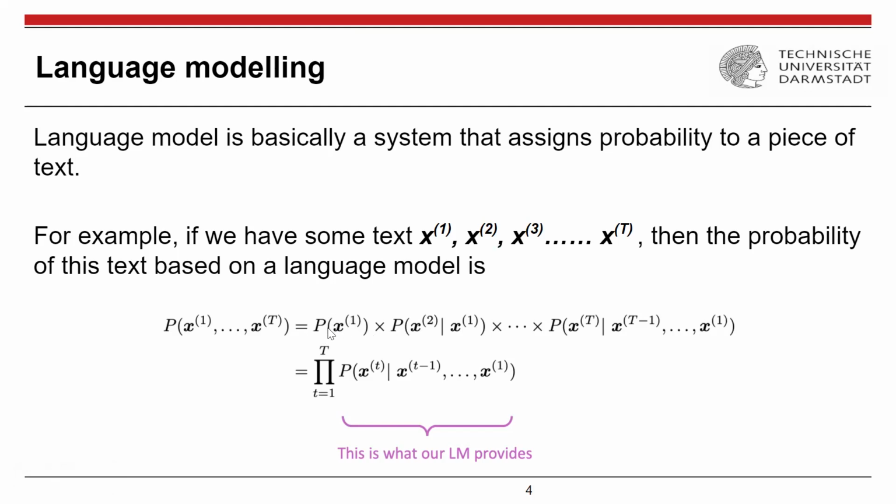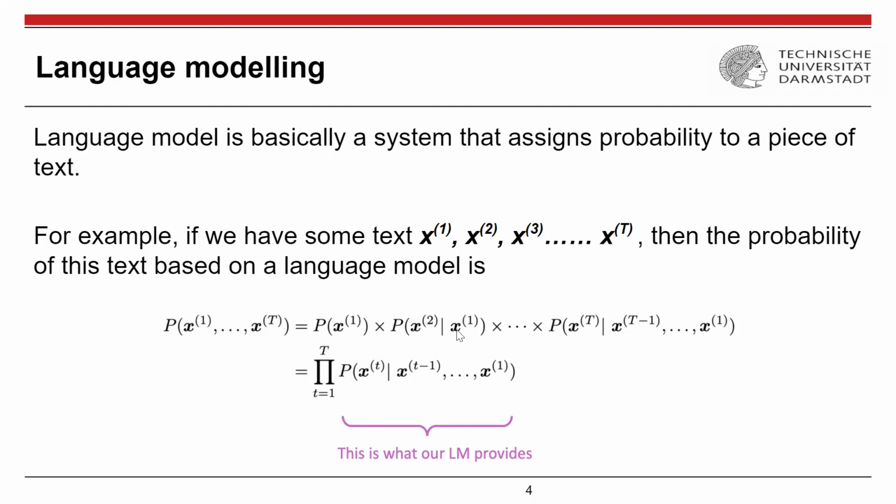So from your corpus, you need to compute the probability of x1. Let's say x1 is equal to "the". Then you need to compute the probability of x2, where the first word is "the", that is, let's say, "students". So "students" given "the". Then you will have other words, let's say x3 given x1 and x2, that is, the probability that x3 is equal to "opened", given the first two words are "the students". That is what you are computing from your corpus.